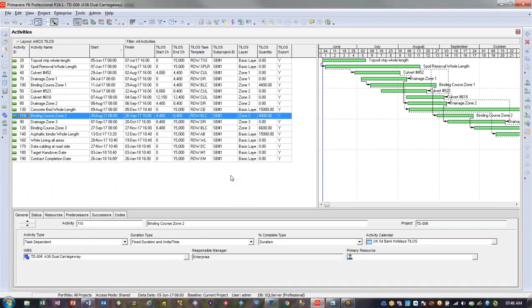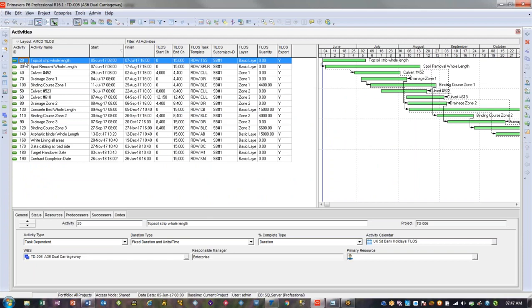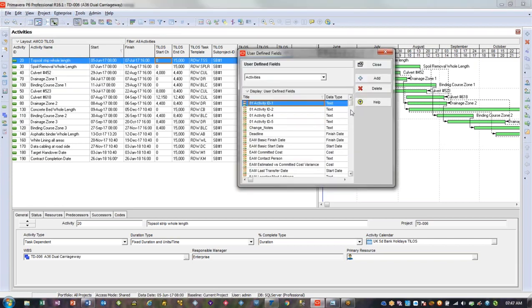are data field mappings. There's a series of data fields that are obviously in P6, such as the start and end dates, the description, the activity ID. All of those you don't have to define where they go, but there is extra information that you don't normally have in P6 for a linear project, and the first two are obviously the start and end distance value, the chainage of each activity. So we've got to find a home for those, and so in P6 I have created a user field for